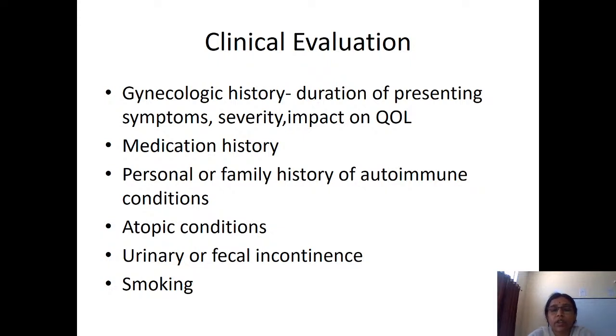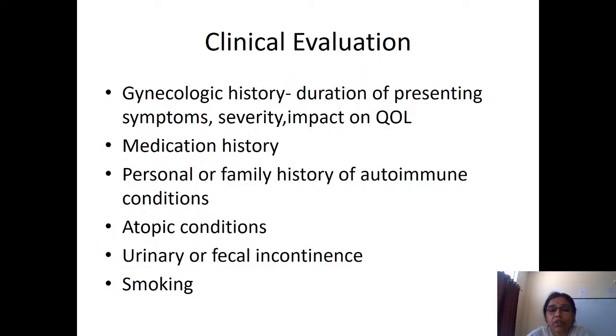So in the gynecological history, we need to take in detail the duration of the presenting symptoms, and then the severity of these symptoms. So whether they are mild, moderate or severe. So the severity of these symptoms and what effect they have on the quality of life. And then apart from the history related to pruritus and the discharge, we need to even